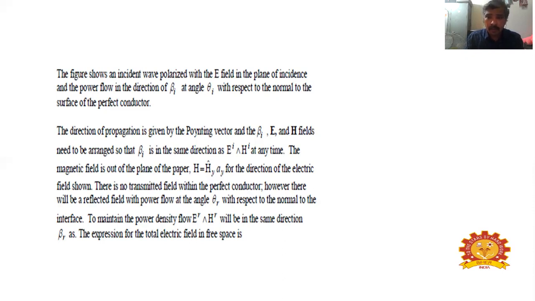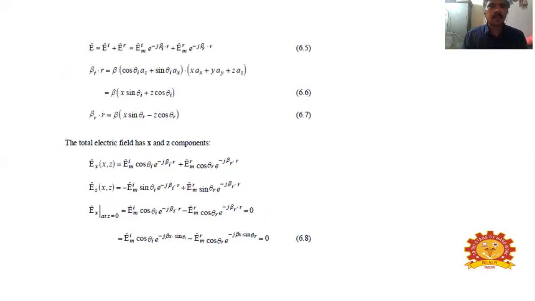same direction beta r. The expression for the total electric field in free space is capital E equal to E^i plus E^r, which refers to electric field intensity incidence and electric field intensity reflected. That is, capital E is equal to E^i plus E^r, equal to Em^i into e to the power minus j beta I dot r plus Em^r into e to the power minus j